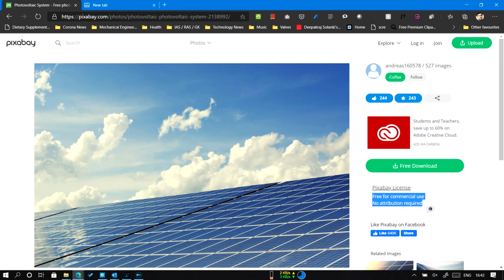Please make sure of this. Don't use any images where you have a doubt whether you can use it or not. If you have a doubt, don't use it. Otherwise, if anyone gives you a copyright strike, your website will be in trouble.